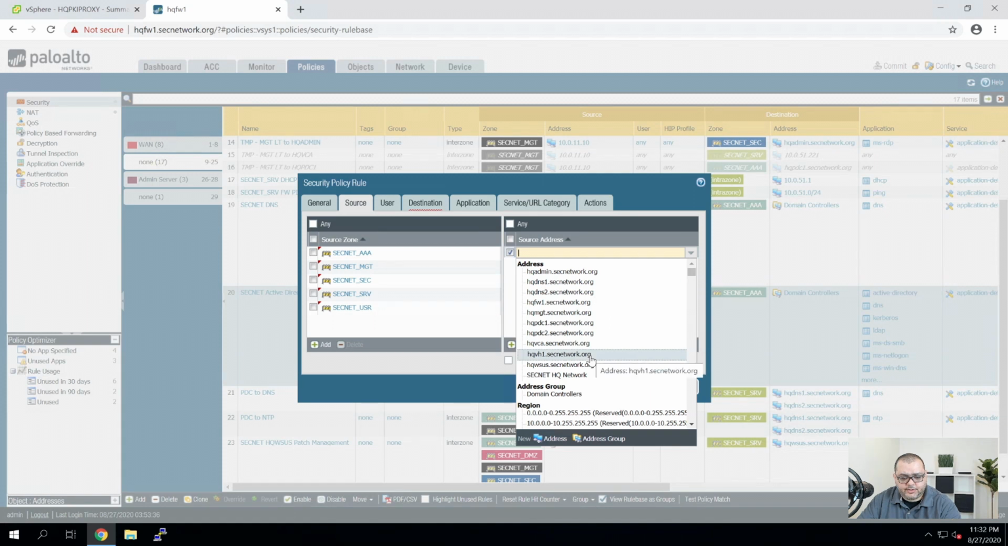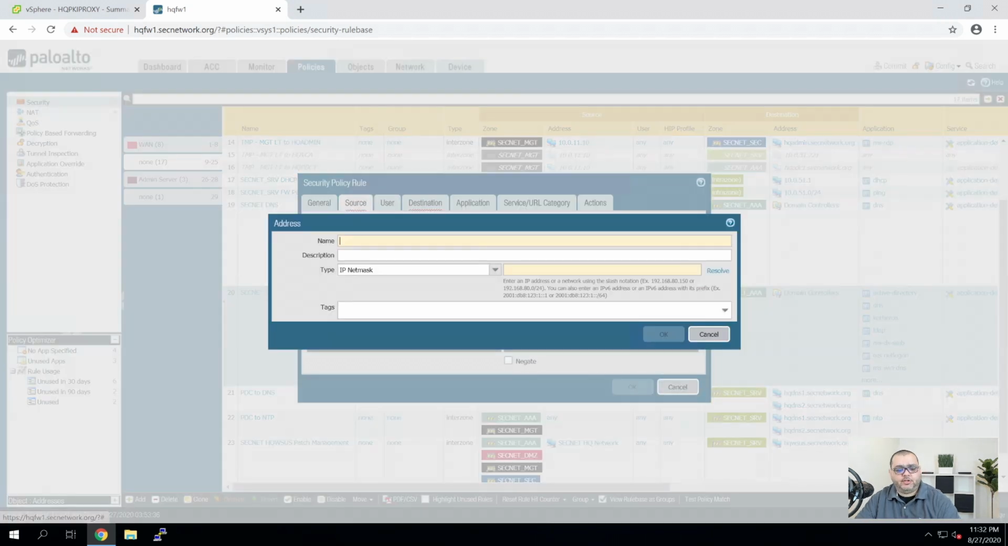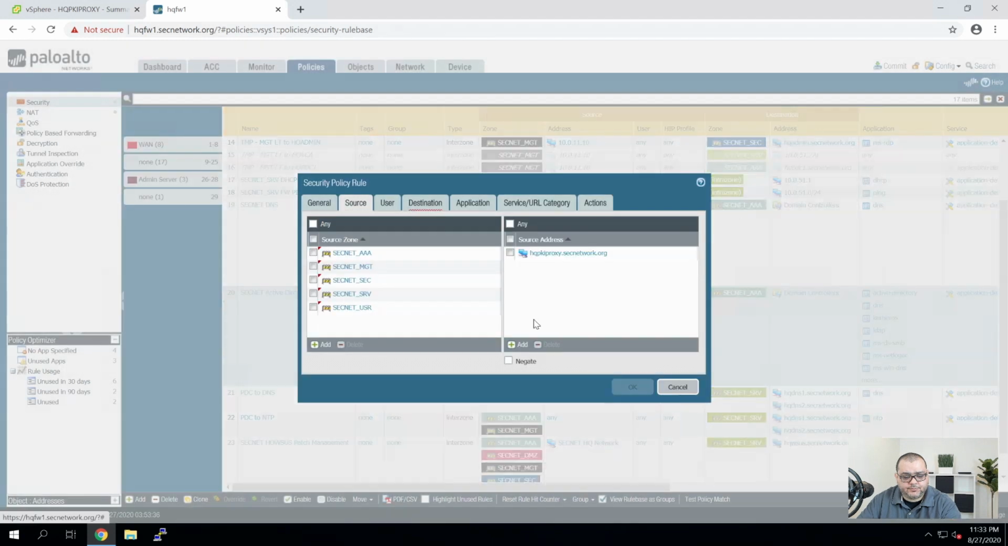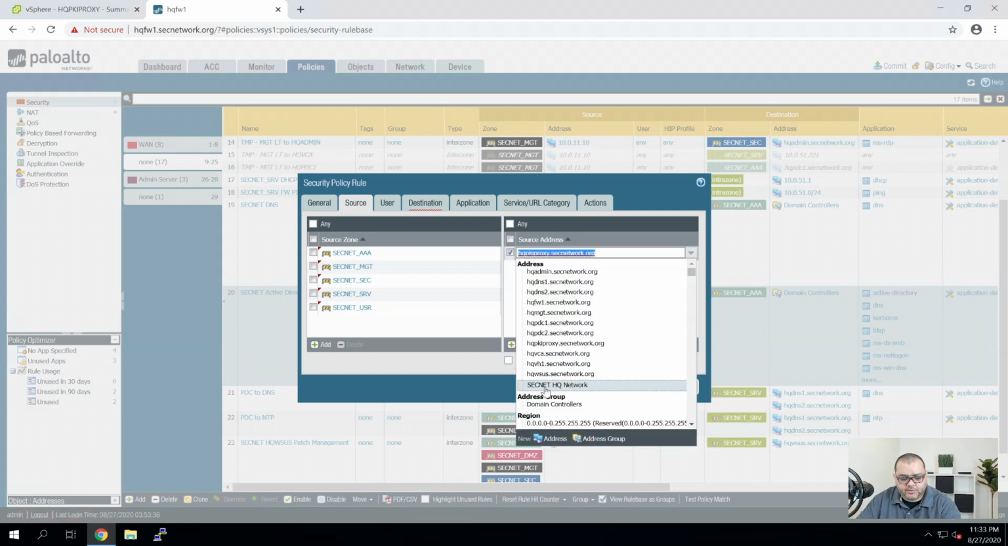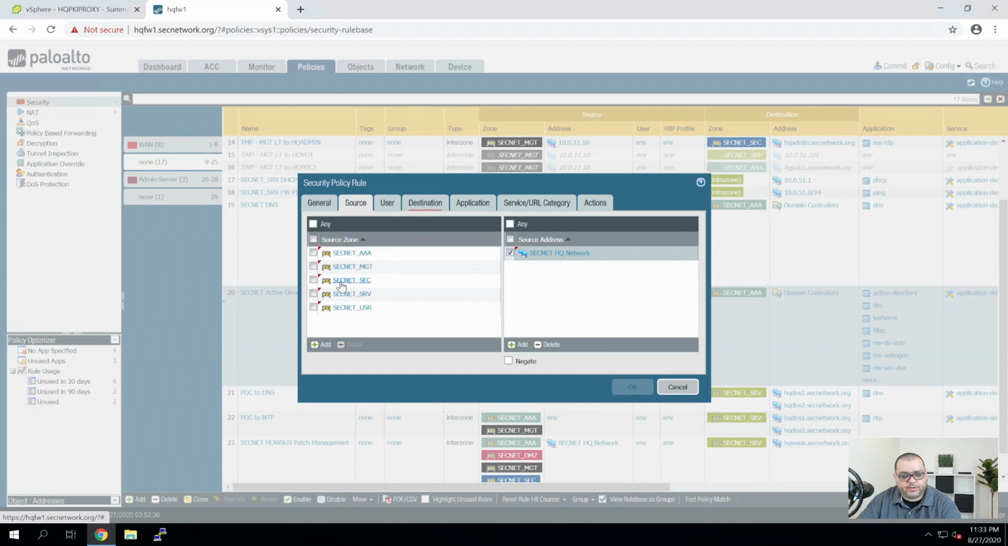I do believe I have to create an address. hqpkiproxy.secnetwork.org. Its IP address will be 10.0.21.11. Did it again. So this is actually not going to be that. It's going to be SECNET HQ network. So anything from these subnets that are within the SECNET HQ network is allowed to go and talk to the network